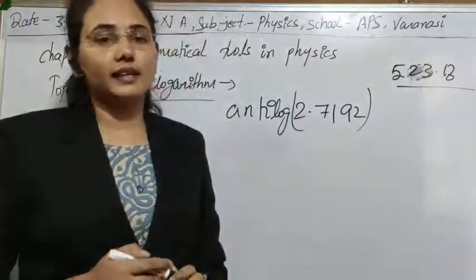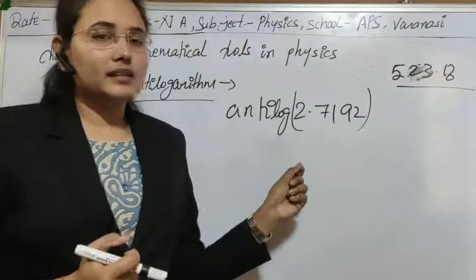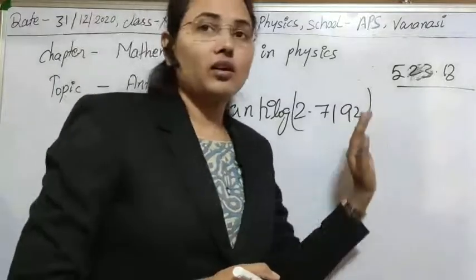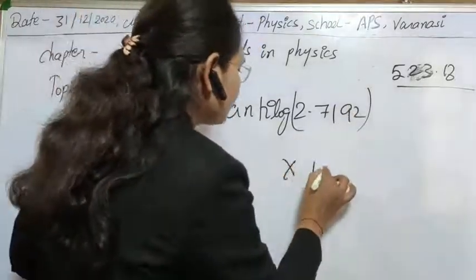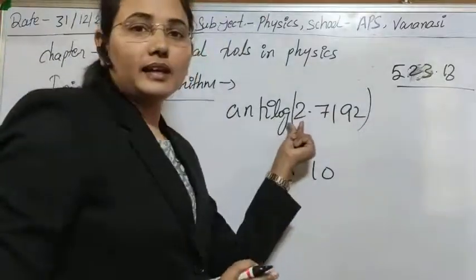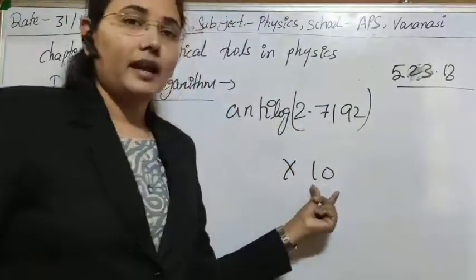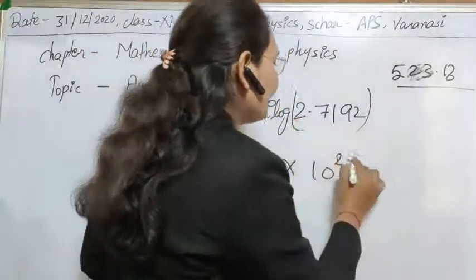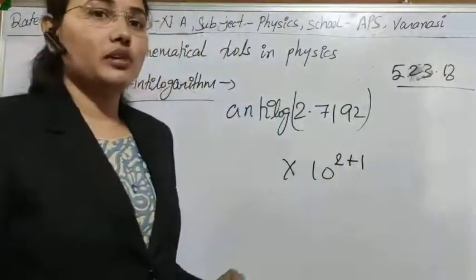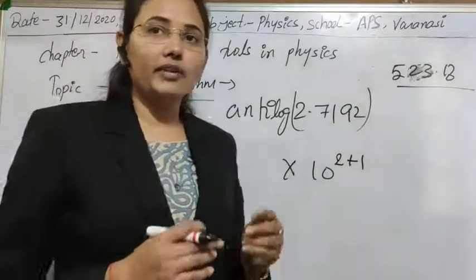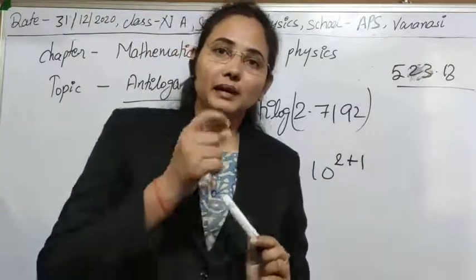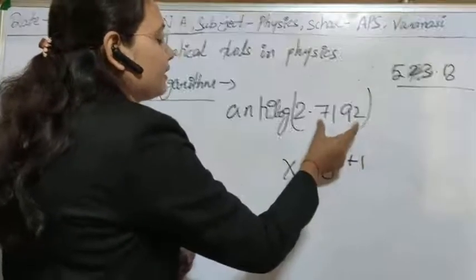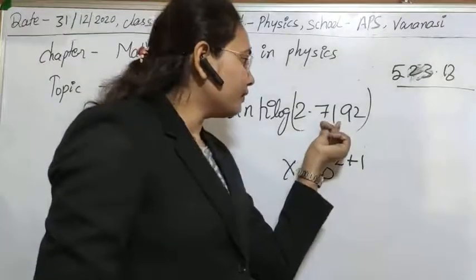One is the characteristic, the second is the mantissa. In the characteristic, first of all, see the characteristic here, and after seeing it, put 10, and in the power of 10 you have to put this value and add 1 here. So in this way, in the anti-log table we will always get something in the multiplication of the power of 10, and after putting it here, see the value in the column.